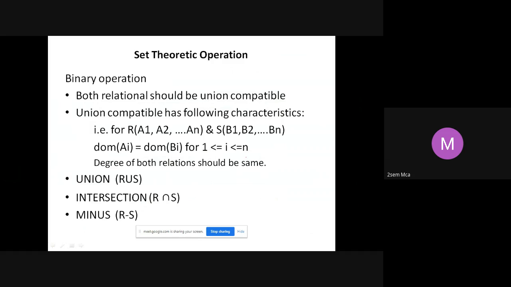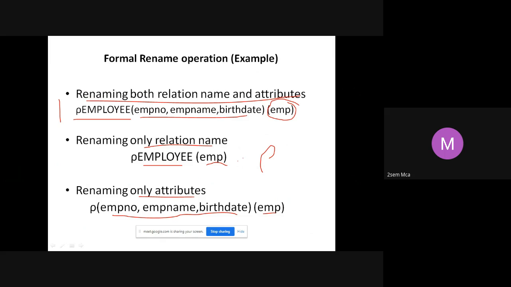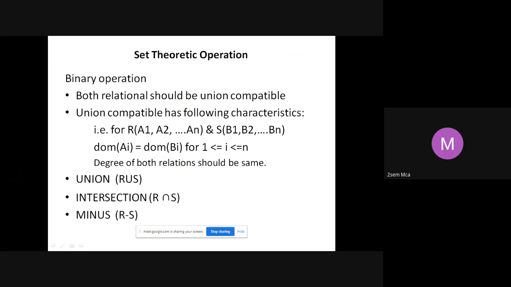All right, so next we move on to set operations. So far we were talking of unary operations. Unary means using only one particular table. When you come to set operations, they are always binary operations. We saw union, intersection, minus; all these are set operations. So you always need two sets, correct? In sets, we saw in DMS also, we have two sets: A union B, A intersection B. So union, intersection, all these are binary operations.